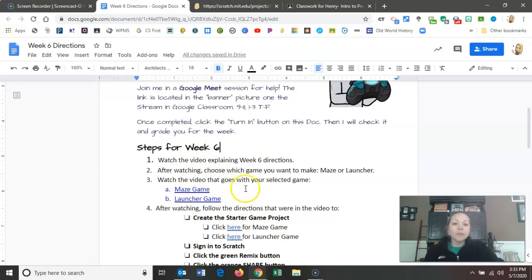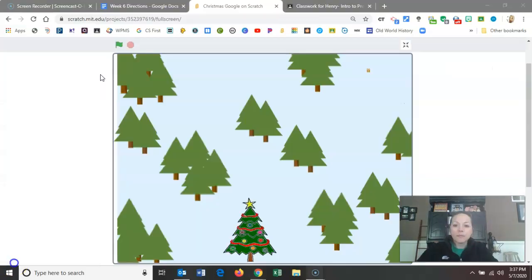So let me take some time right now, and I'm going to explain the difference between the maze game and the launcher game, give you some examples so you can make the best decision whether you're going to pick the maze or the launcher. All right, now this game is a maze game,